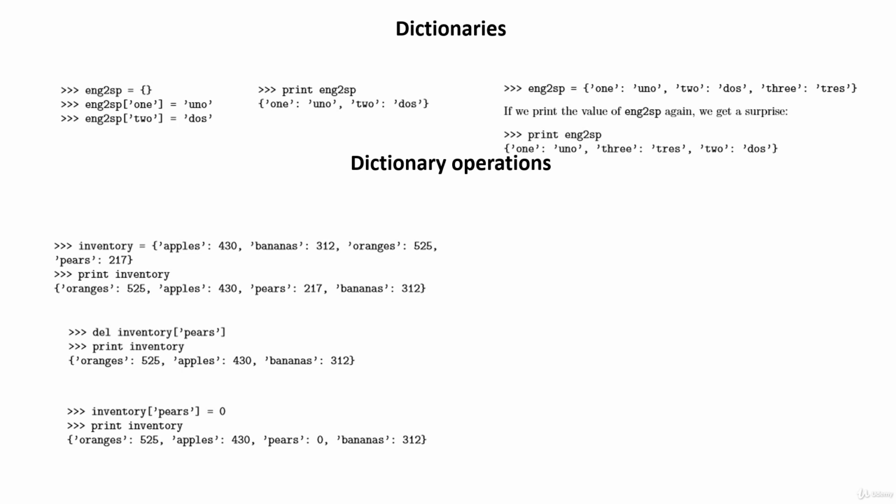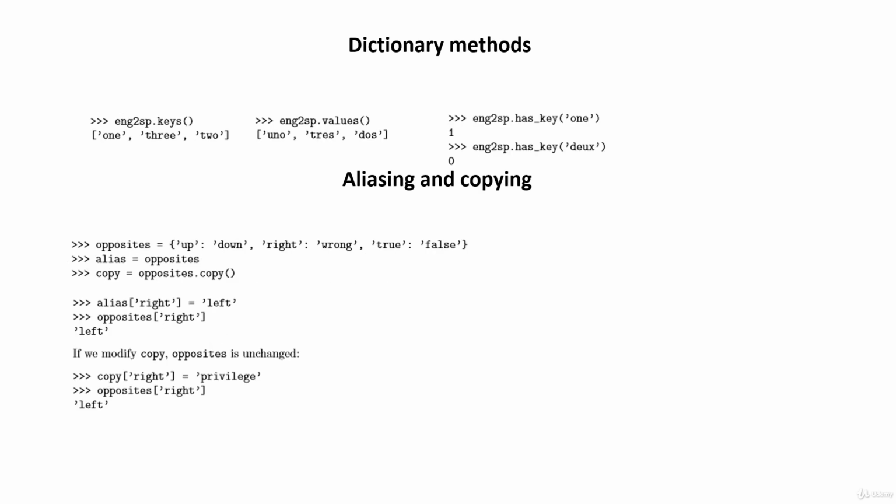Now we will discuss the dictionary methods. A method is similar to a function. It takes parameters and returns a value, but the syntax is different. For example, the keys method takes a dictionary and returns a list of the keys. But instead of the function syntax keys of English to sp, we use the method syntax English to sp.keys,